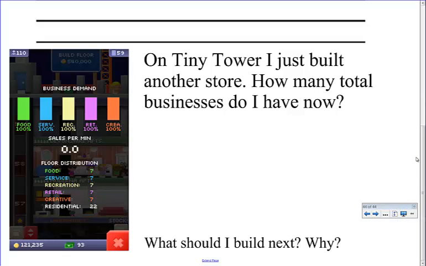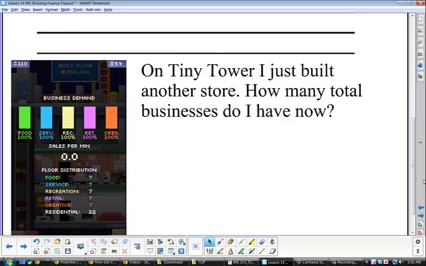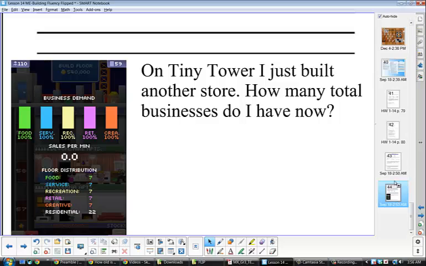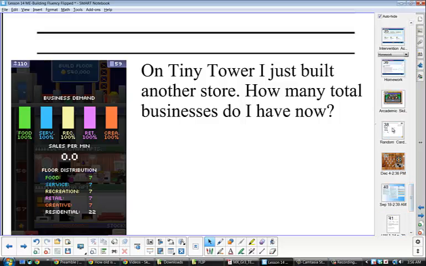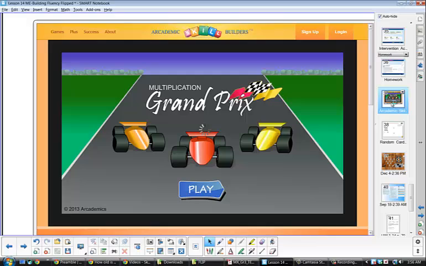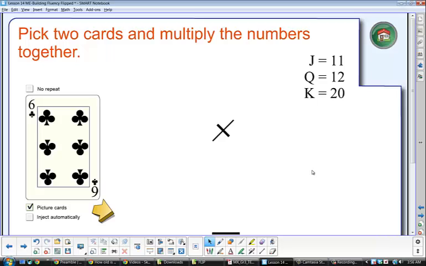Okay, now for a couple of the games. And I'll be really quick with these. If you see, I've got one that's going to be on the website, and this is our academic skill builders, and that's I have as a link, and this one you can do online. This one you can do with cards.